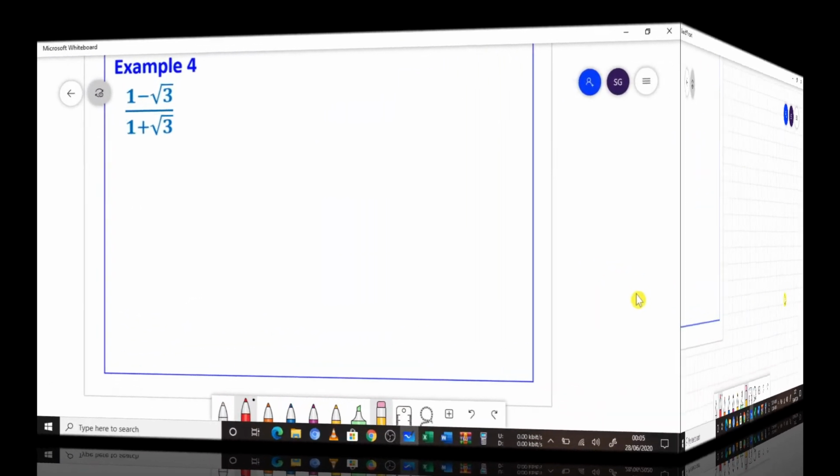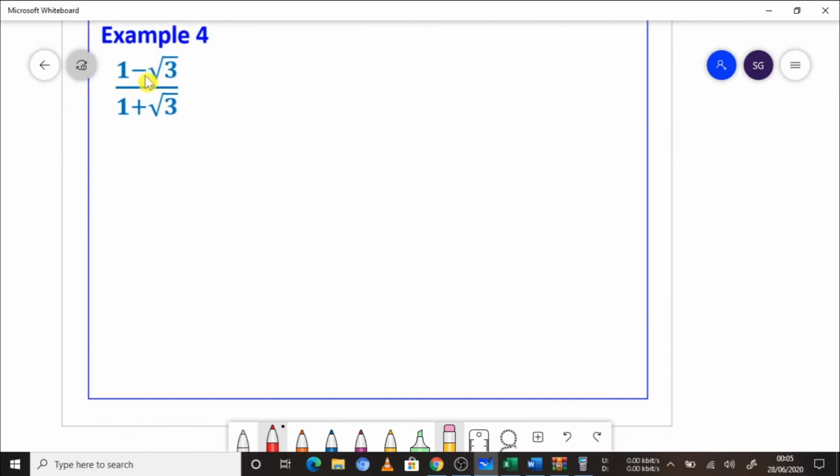Lastly, we have our example 4, and example 4 has again a surd in the numerator and surd in the denominator. Our focus is on the surd in the denominator. We'll find its conjugate surd, and you know how to find the conjugate surd. It's quite easy. Simply change the sign in the middle. So this is 1 minus root of 3. You multiply and divide by this conjugate surd, and when you simplify, I'll keep the brackets very carefully. So this is 1 minus under root 3 times 1 minus under root 3.